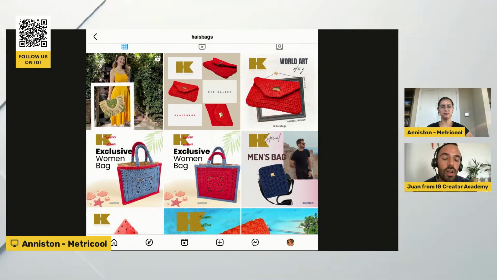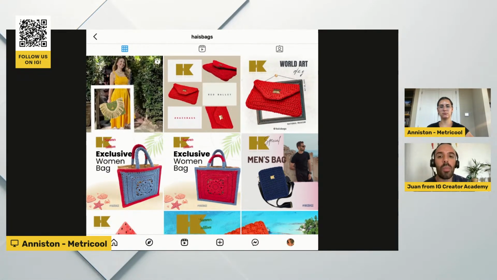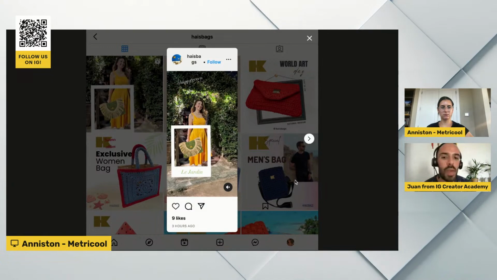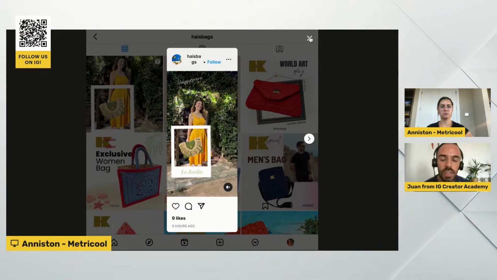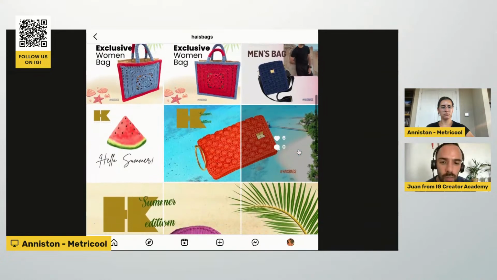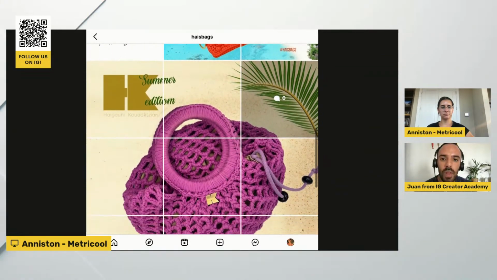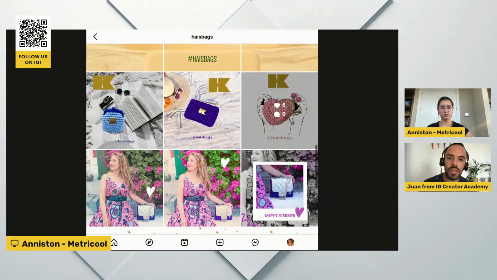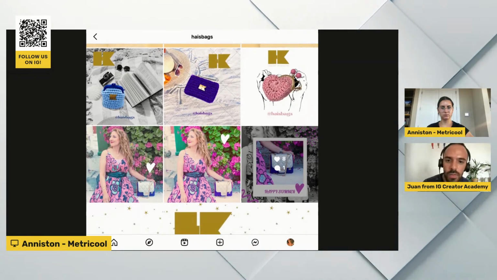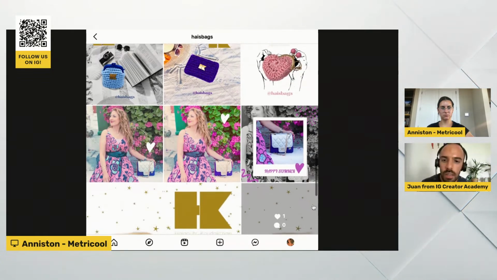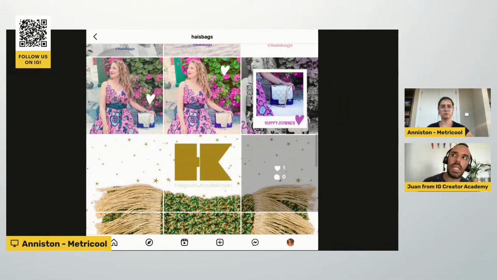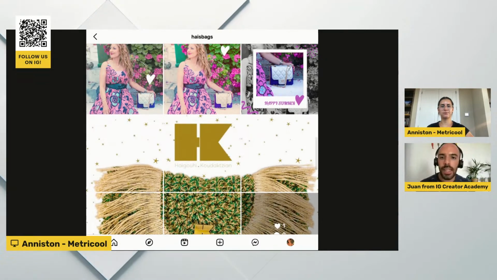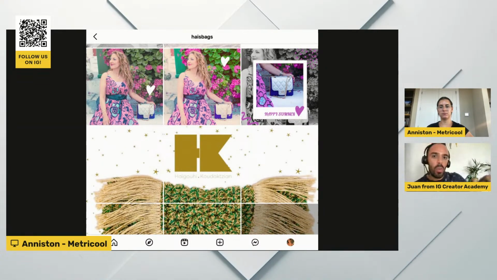You need to do more of the lifestyle behind the people that buy your bags. I see you have bags for women and for men. That's amazing. Can you show more men using them? Maybe some video testimonials of the quality of the product, or even just product placement in different locations. I don't know, it gives me some summer vibes for some reason. So showcasing your product in different summer locations, maybe by the beach, maybe a girl having a picnic with her boyfriend in the background, more lifestyle.